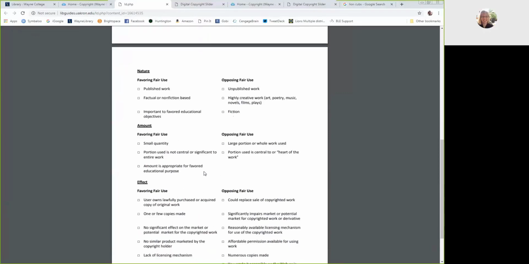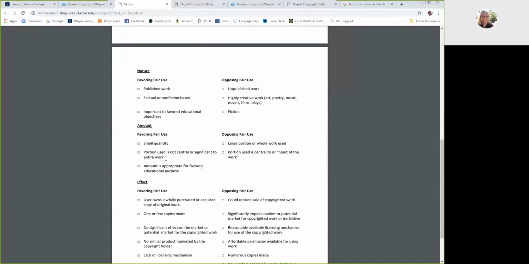Amount. With a lot of copyright infringements, the legality of it always falls onto the amount. You want to make sure that you're just using a small quantity, not a lot of it. And here's the most important piece: the portion used is not central or significant to the entire work. So it can't be the most important part.